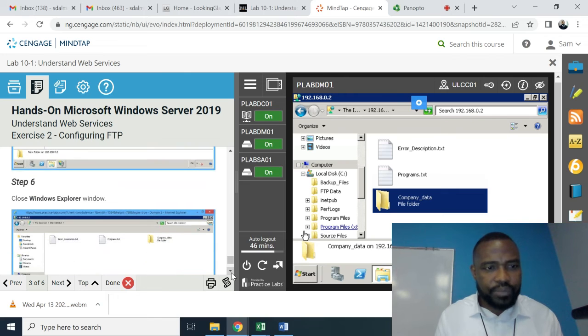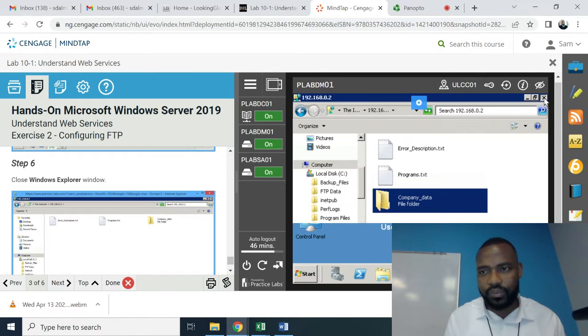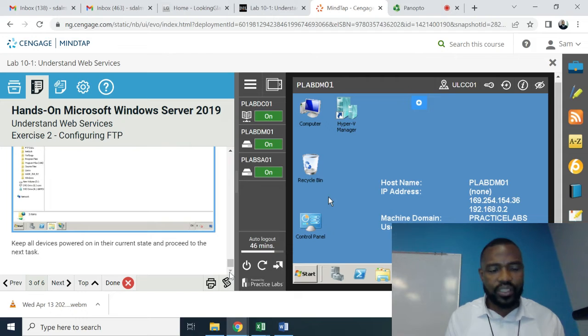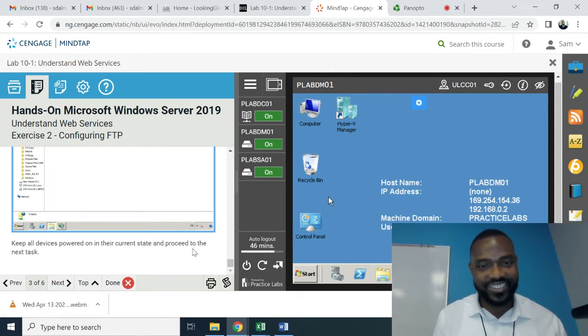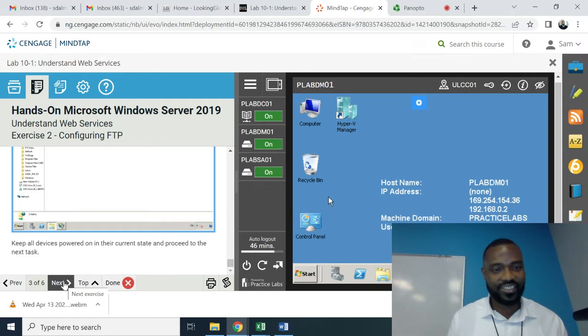Okay. Step 6, close Windows Explorer. All right, let's close that up. Yeah, close Windows Explorer. And that completes exercise 2 as well. We good? All right. All right. Next,